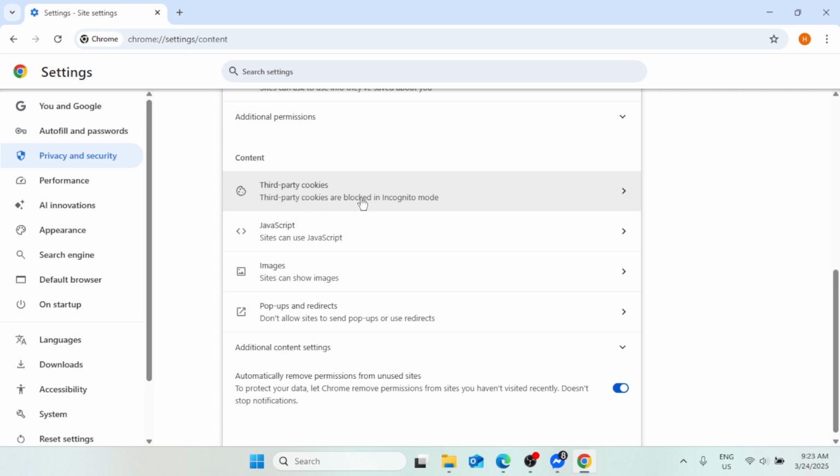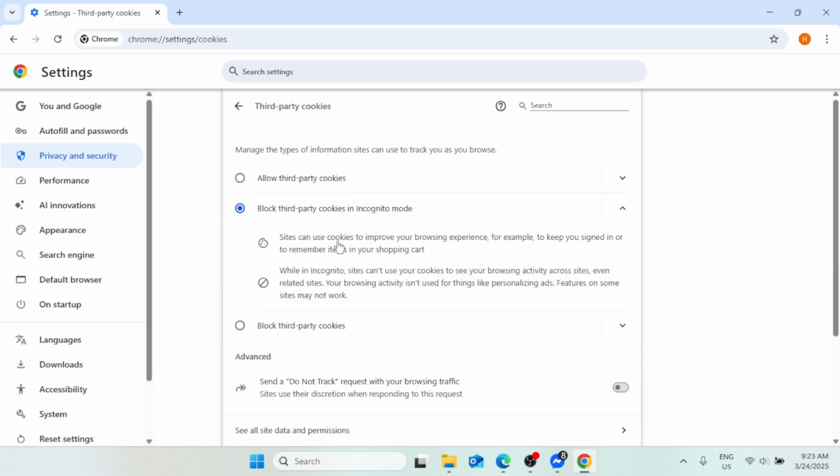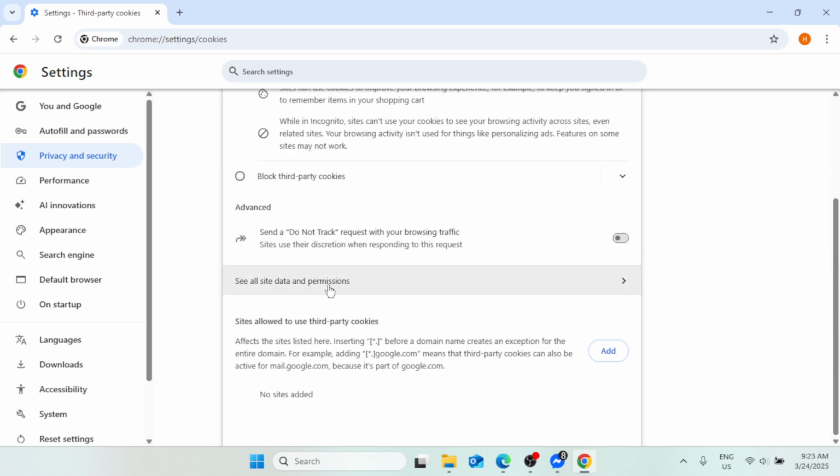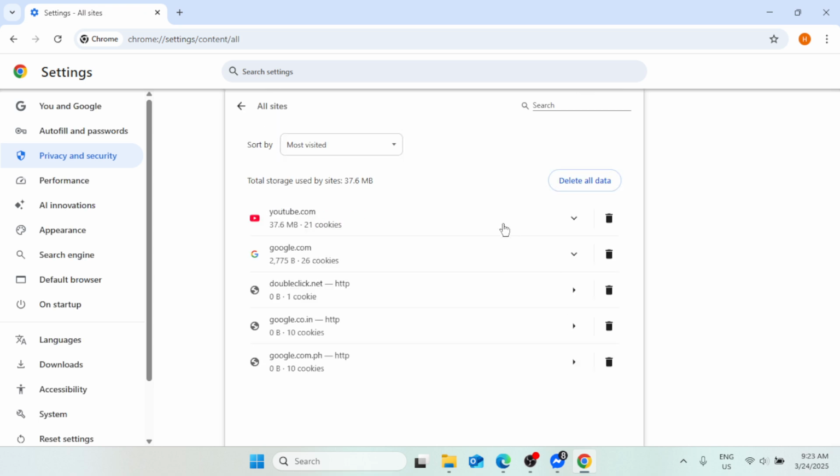So it could be cookies and other site data in your Chrome browser. Well, it's just the same. Click on that. Scroll down a bit and you'll find see all site data and permissions. You have to click on this arrow, and here you just have to simply search for the website